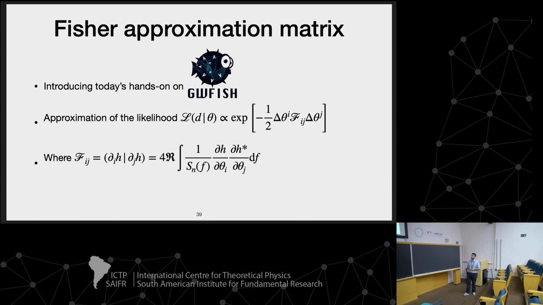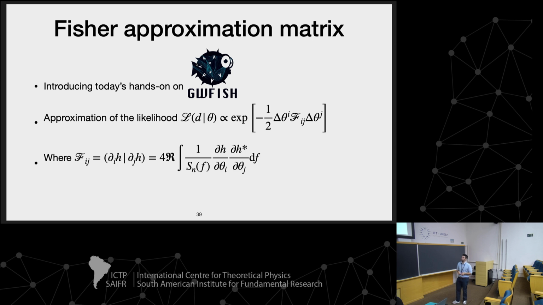Fisher information matrices are evaluated, again, using the inner product. The inner product is something that you already see all over the place in gravitational waves. But what you're putting in the inner product are partial derivatives of the waveform. So what you're doing is fixing all the parameters of the waveform and taking the partial derivative with respect to, for example, mass 1 and mass 2, and you're building a Fisher matrix. GWFish does all that for you for free. So that's a good thing.